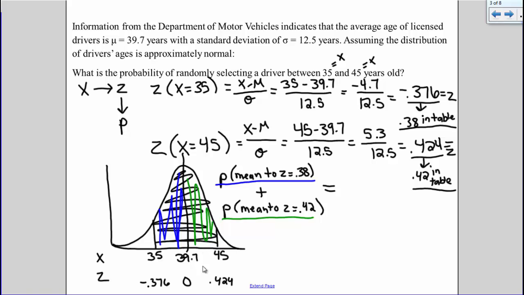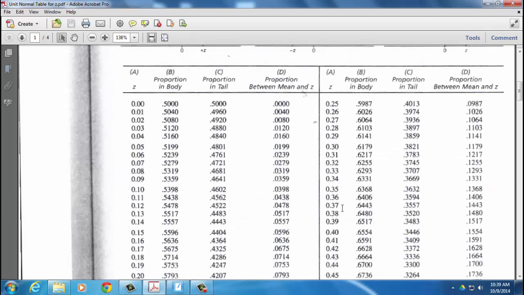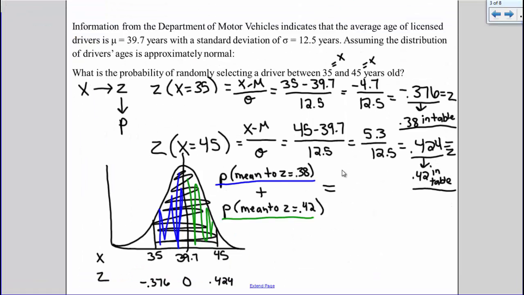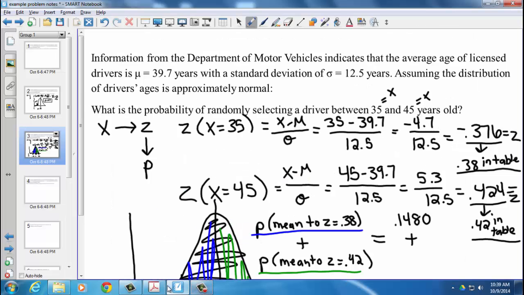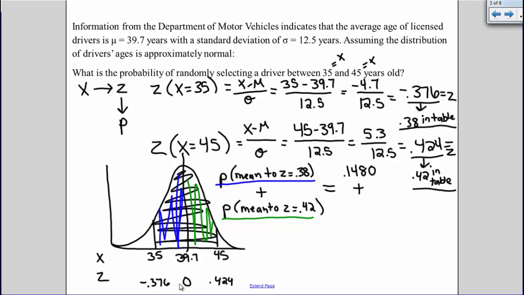So let's find z of 0.38 in the unit normal table. 0.38, mean to z, 0.1480. So we have 0.1480. We're going to add that to the proportion between the mean and a z-score of 0.42. Find the z-score of 0.42, mean to z, 0.1628. And you end up with 0.3108